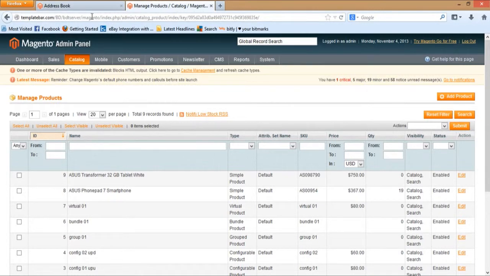So I will just refresh the catalog which I previously opened, and as you can see the stock is updated with an update of quantity of 20 as per my stock update within SAP Business One system. So now let's place some order against this item and let's see what will happen in the SAP Business One side, how quickly the order processing can start based on the integration offered by SBO Connect.